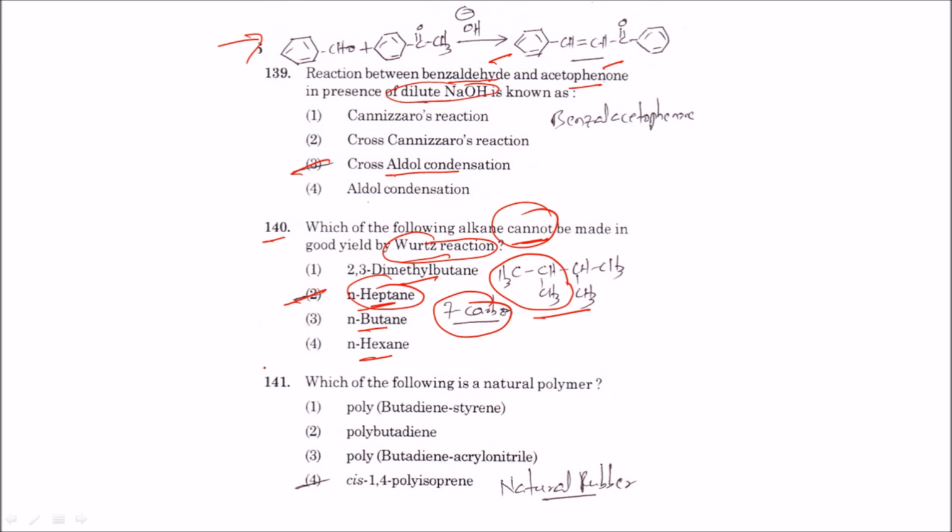Okay, the next one now, question number 141. Which of the following is a natural polymer? Natural polymer, among these, is cis-1,4 polyisoprene. That's nothing but natural rubber. Okay, right. Next one,